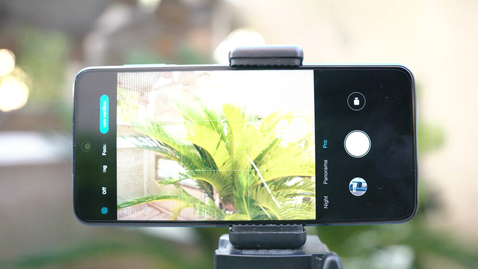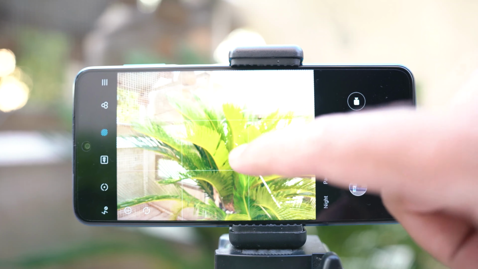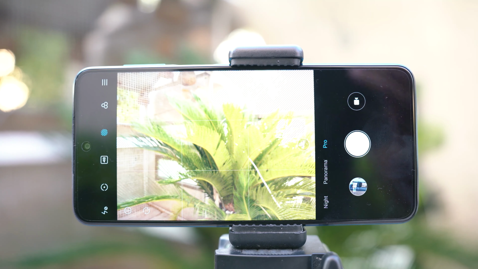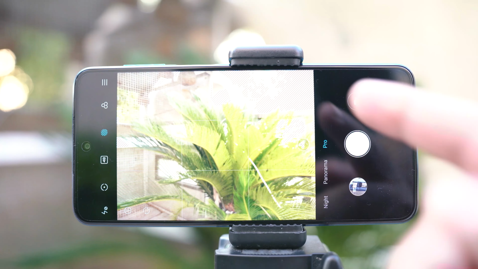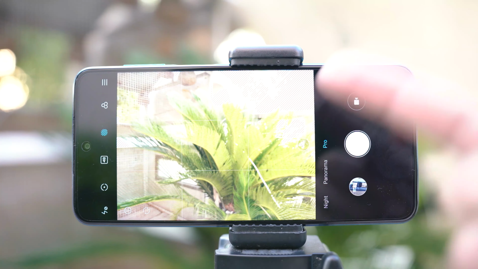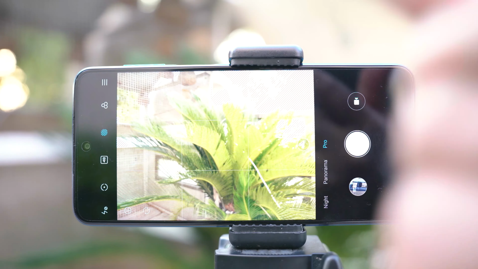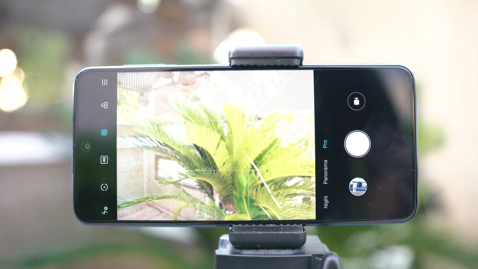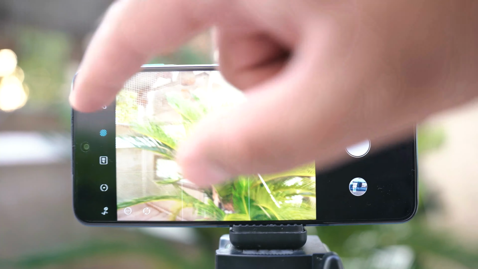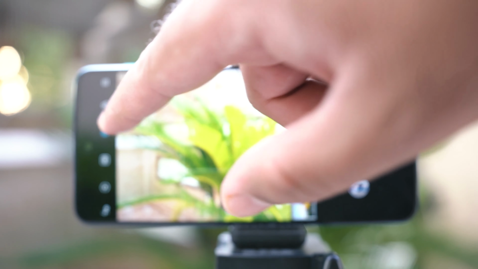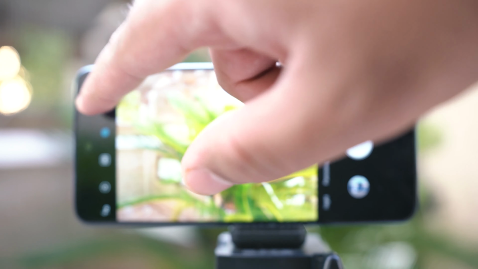Other than the focus peaking, we have the exposure verification as well. Now this is going to identify the high exposure areas in an image, and you can see that these are the lines appearing here which are determining the high exposure areas or the areas that are highly exposed in the image. Now next to that we have the filters.